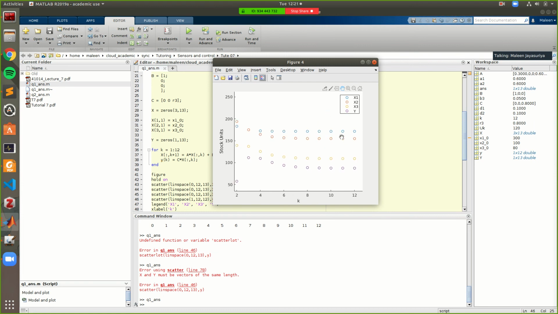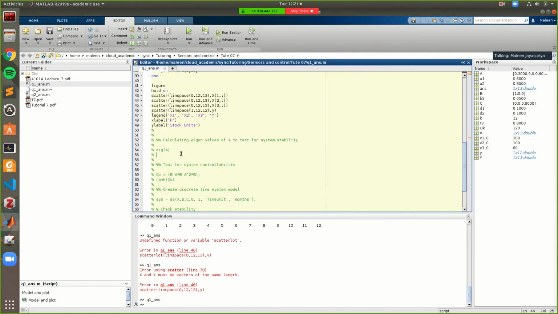So what can you say about the stability of the system? By just looking at this graph, you can clearly see that the output is not blowing up without any control. So by just looking at this graph and how the states are evolving over time, we can say that the system is stable, right? We don't even have to look at the eigenvalues or anything like that. We can just look at this graph itself and have a pretty good understanding of the stability of the system, right? But what we're going to do in the next step is actually confirm this by looking at the eigenvalues, right? So if we actually look at the eigenvalues, now we can predict what they will kind of look like.